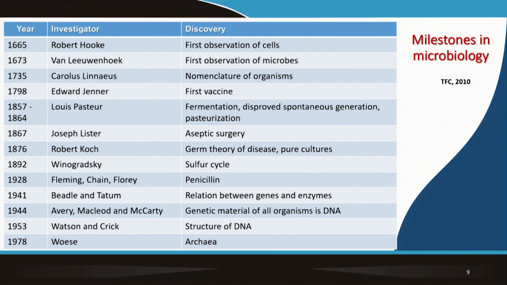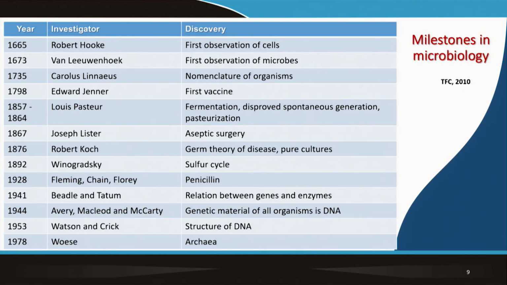So in 1944, we have Avery, McLeod and McCarty, where they were able to prove that all living organisms have DNA as the genetic material. The structure of the DNA was described by Watson and Crick in 1953, and Woese was